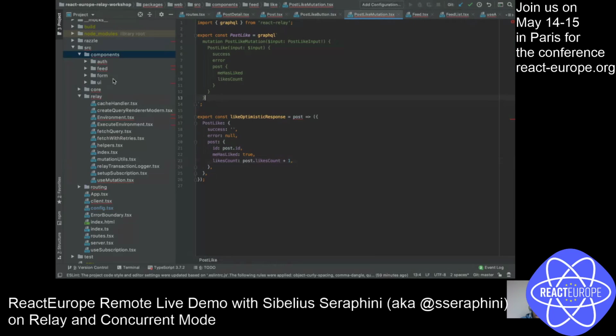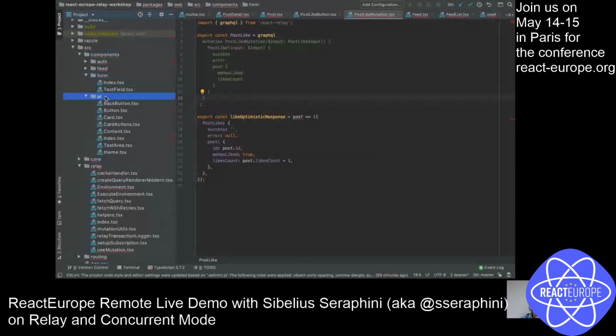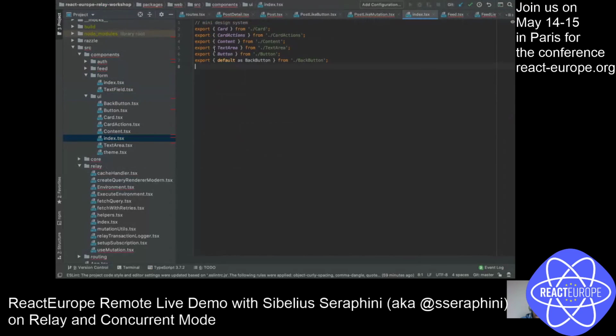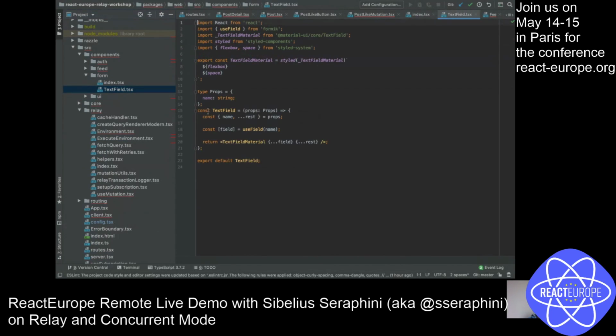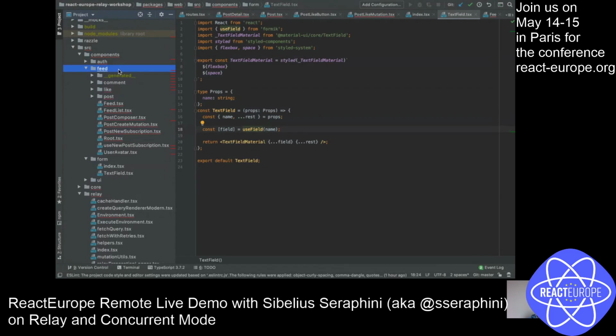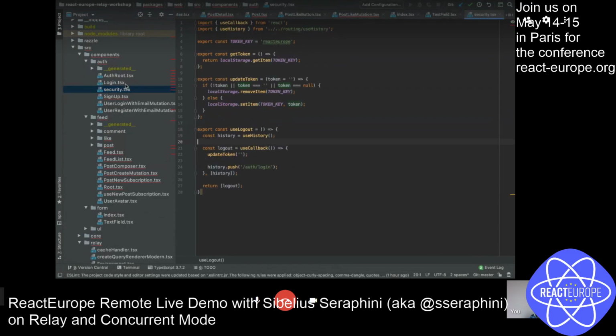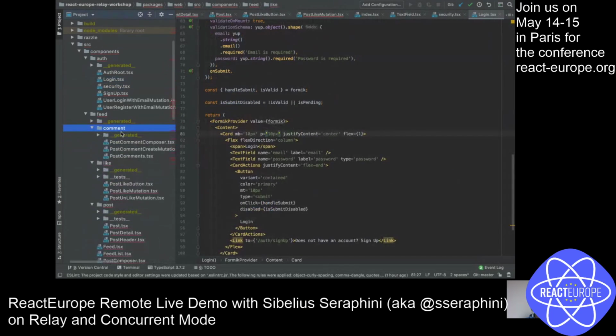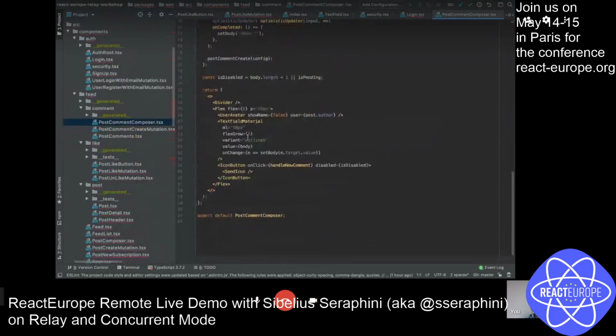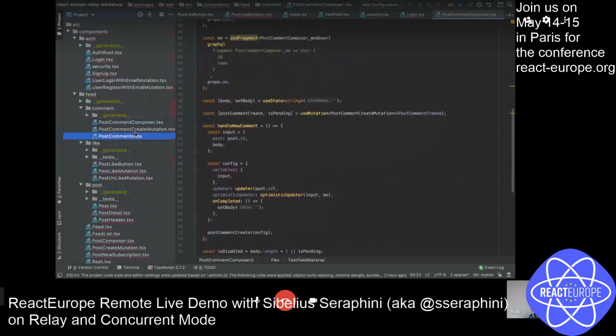I think like this. I made a very simple design system over here. I think it's not relay to relay, but I think you need a very simple basic design system to make sure you can scale your components. I use field from Formik here to make sure it's simple. Let me see, off like this. Not so much. Let me see if there's something more important. I have a post over here.